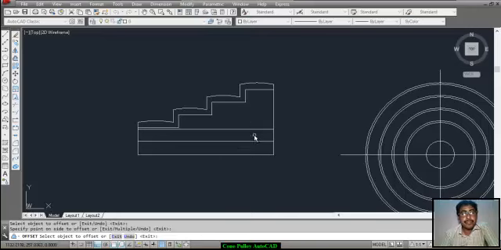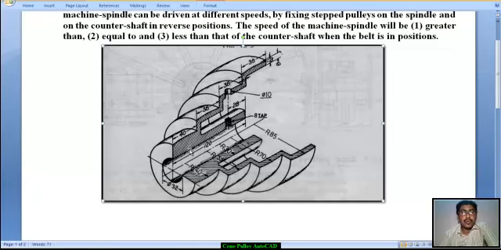This is 30. Okay, this is 30, the radius is 30. Okay,